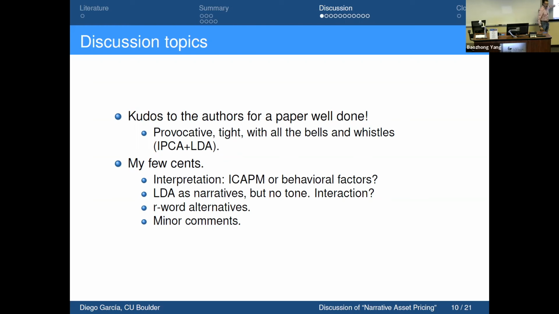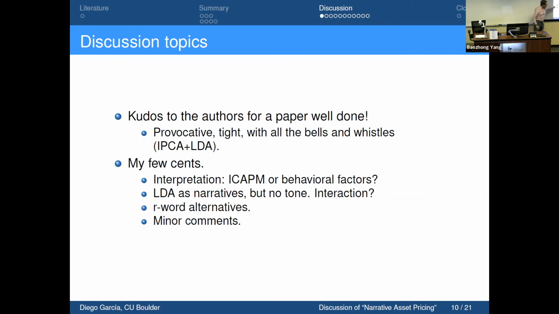Then thinking about LDA as narratives, these models are fantastic, but they're completely unsupervised. You just feed it to the computer and it's telling you what the Wall Street Journal is saying. But I don't know, is that what we care about? Maybe we care about whether you're positive or negative, right? Is the journal being bullish or bearish on a given day? This sentiment, the direction, that may actually matter a little bit.